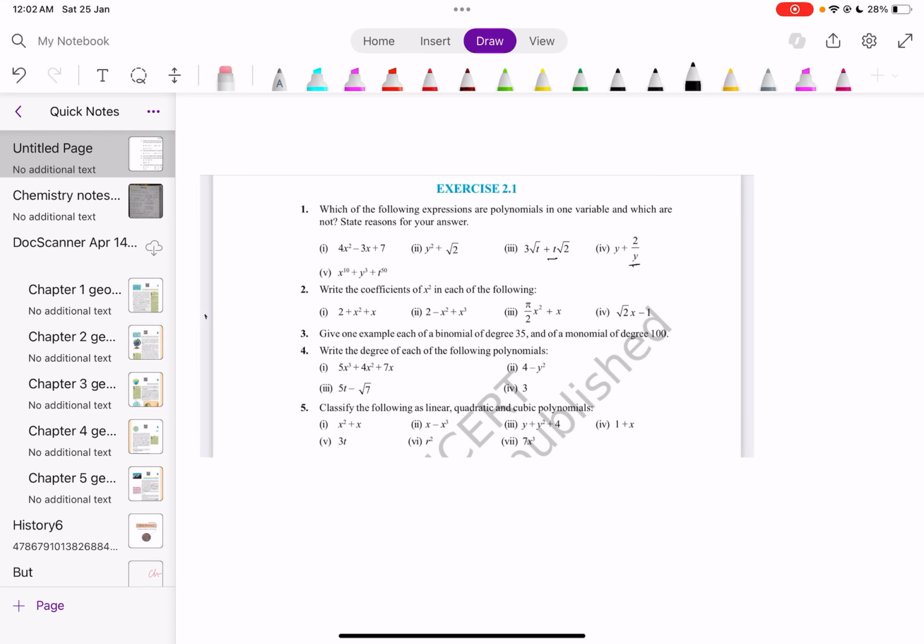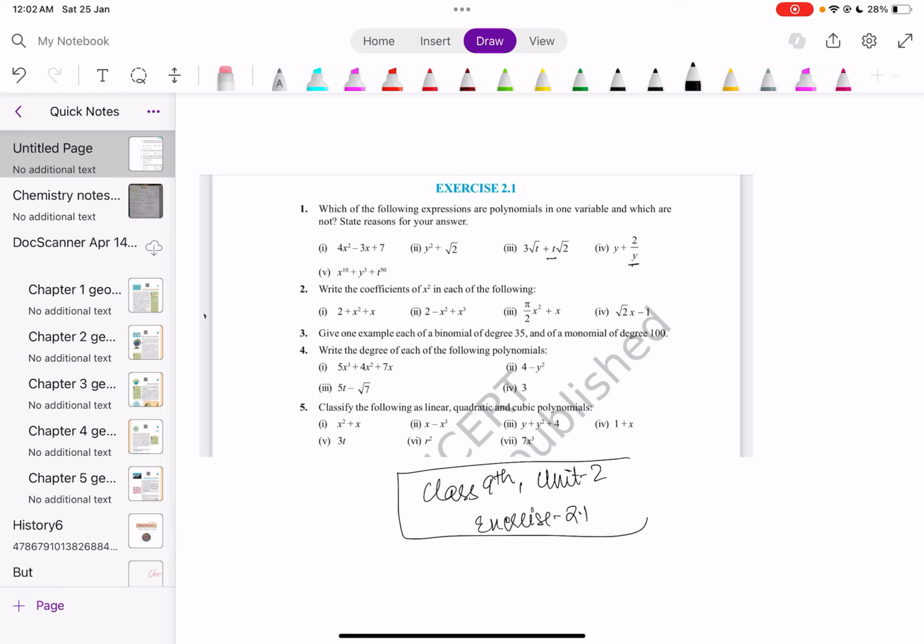Okay, hello everyone. Today we'll be discussing class 9th unit 2 exercise 2.1. All right. Our first question is that we need to find out whether the polynomials are in one variable or not. When we talk about variables,